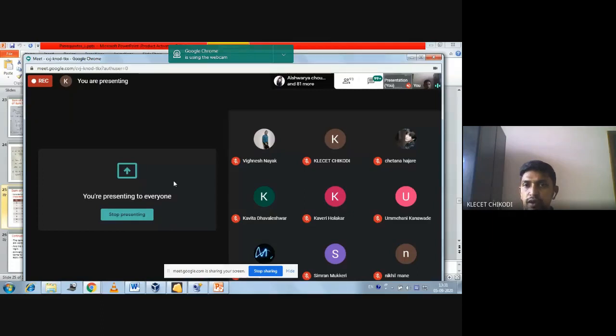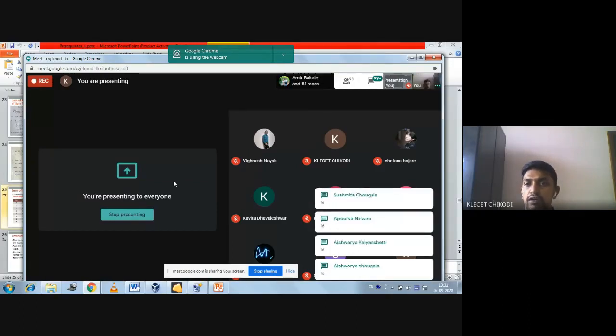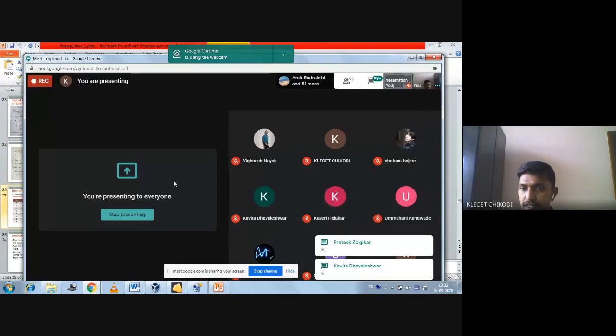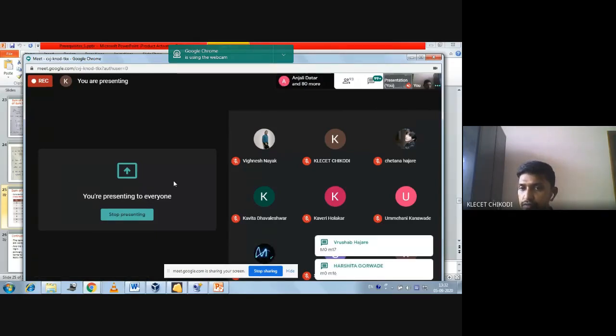If I consider small a, b, c, d, we will get a total of 16 fundamental product terms as well as 16 min terms. Let me know what will be the first min term and what will be the last min term. Just let me know in the comment box itself. Anybody? The first one is correct. What will be the first min term?